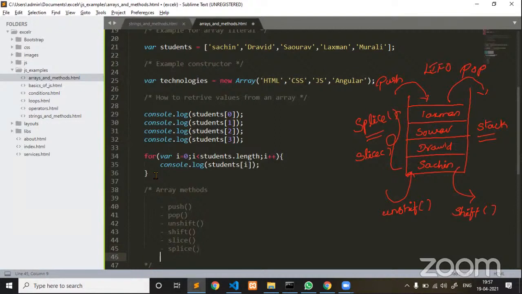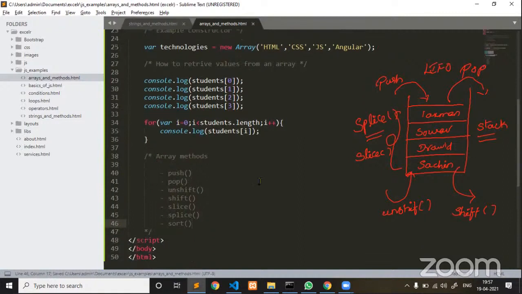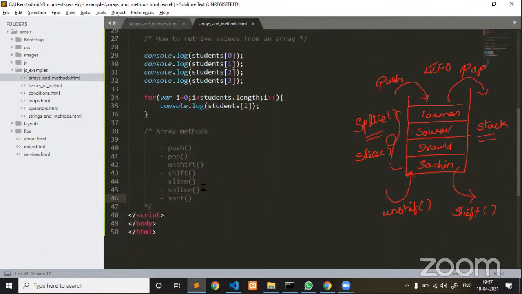Okay. Next, sort, which is going to sort an array. Now array map and array filter, these are ES6 methods that we'll discuss later. Okay, these are the methods which we frequently use in JavaScript. Now out of all these, I would like to give an example for only splice. For all the remaining methods, please try to write an example, my dear friends. These are straightforward methods. Splice is the one which has some different logic.